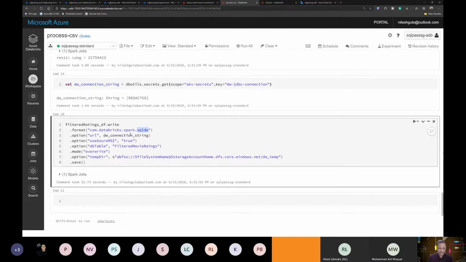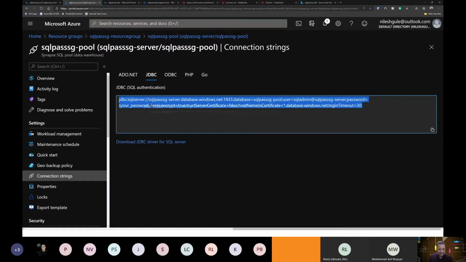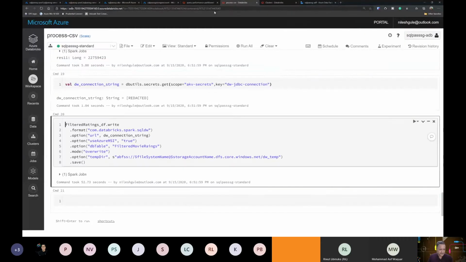And then we provide the connection string. This connection string is of the format which I showed just now. It is this JDBC connection, but I am retrieving this from my key vault. From the security point of view, I don't want to expose the username and password, so I'm using the key vault for that.